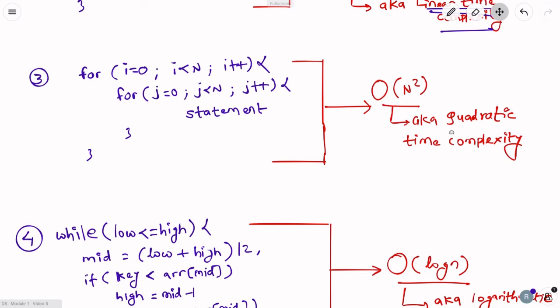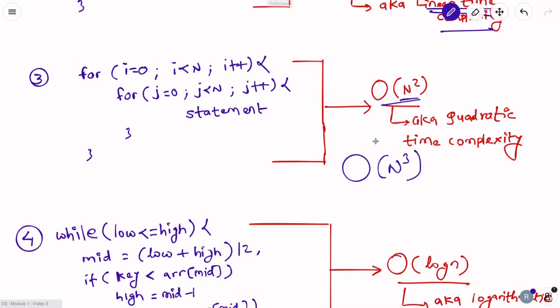So we have this nested loop and the time complexity of this is big O of n square. If we calculate the actual running time of this program, the polynomial that we are going to get will have n square as the largest factor. So that's why the running time of this program is big O of n square, and this is known as the quadratic time complexity. We can also have time complexity like big O of n cube,